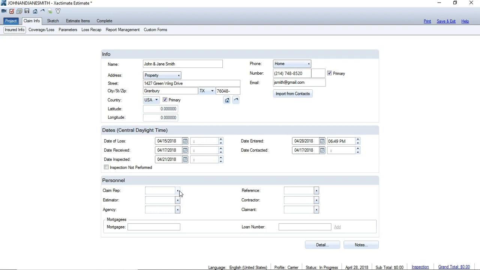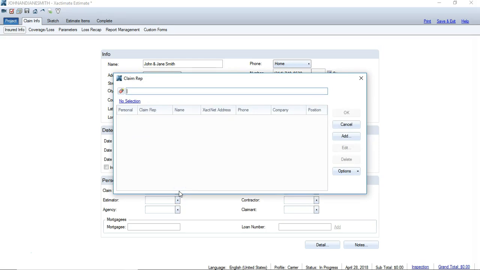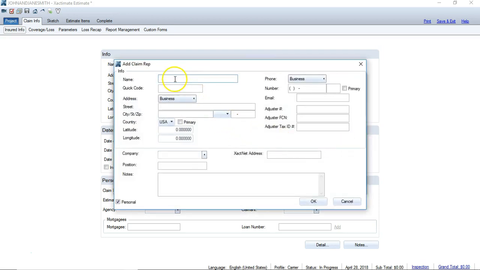So for example, let's make you the claim rep and the estimator. We're going to click this arrow, and that's going to pull up our smart list. And you may not have anything in here. If you haven't worked in Xactimate, yours is going to be blank. I went ahead and deleted mine out, so mine is blank as well to match your screen. And so what we're going to do is add a contact into our smart list. So just put your name,